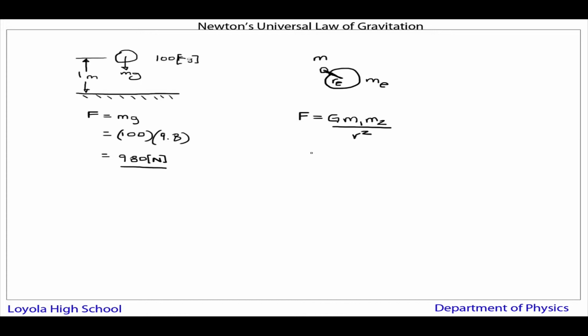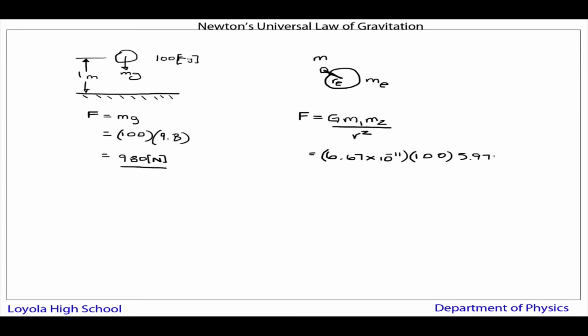So let's take a look at how this works out. G, you'll see this in your equation sheet, is 6.67 times 10 to the minus 11th. It's Newton's universal gravitational constant. It's used throughout the universe. It's just a fixed constant. m1 is the mass of the first object. I'll just say it's the 100 kilogram object. And m2 is the mass of the second object, so in this case the Earth, which is